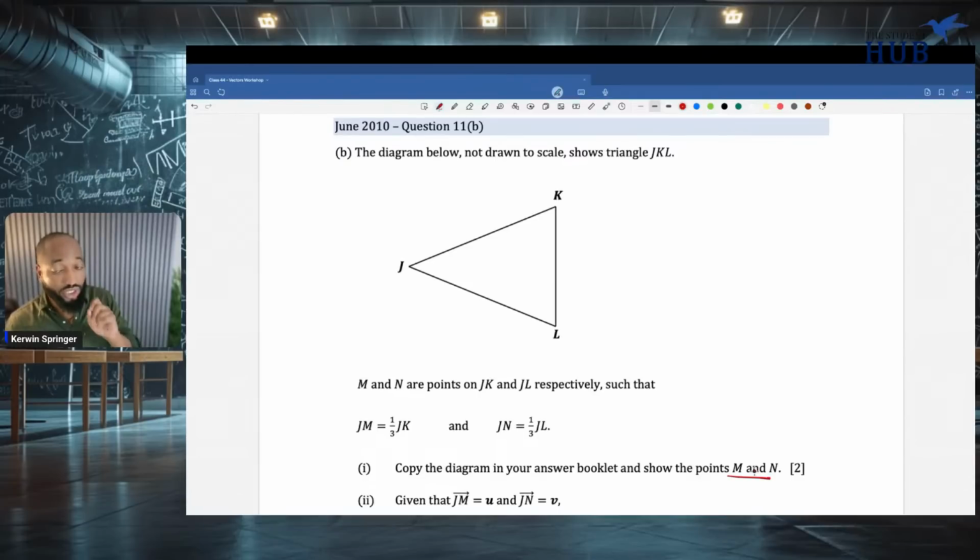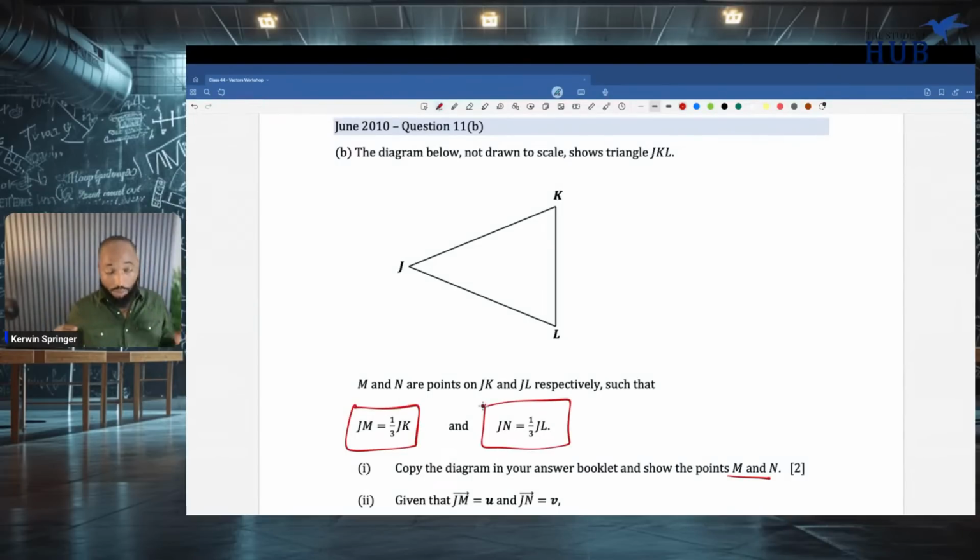Listen to me. You need to be very careful with this. Those of you all who are getting good in vectors, do not get overconfident. There are many ways you can write this that throw you off. Think about each thing. Don't just jump into the question. JM is 1/3 of JK. Straightforward. There's a new point M and N on JK and JL respectively, such that J to M is 1/3 of JK. Visualize where that point will be. Were you thinking that? JM is 1/3 of JK. J to N is also 1/3 of JL. Fascinating. So we're going to put the N there.